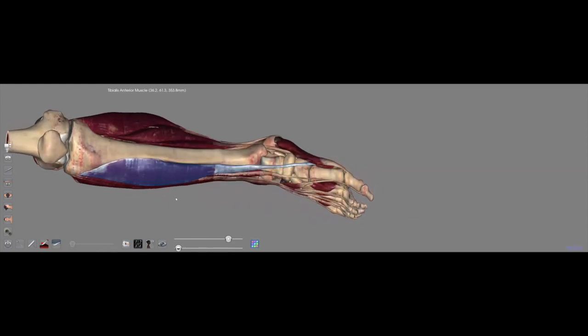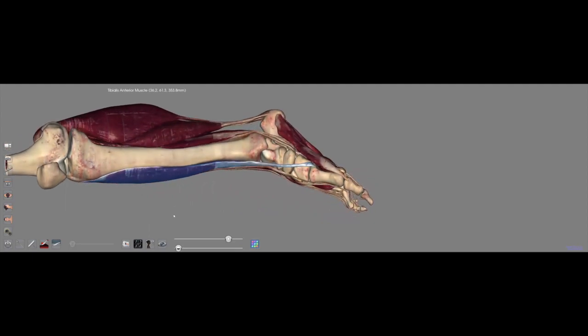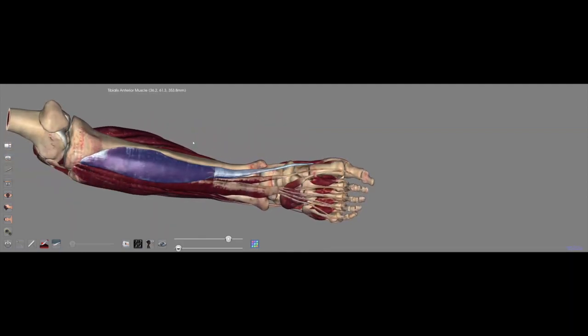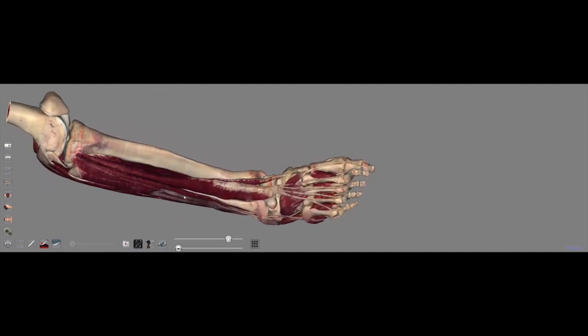and then inserts on the medial and inferior surfaces of the medial or first cuneiform and the base of the first metatarsal. Collectively, because of its orientation, the tibialis anterior serves to dorsiflex the ankle and invert the ankle. If we remove the tibialis anterior,